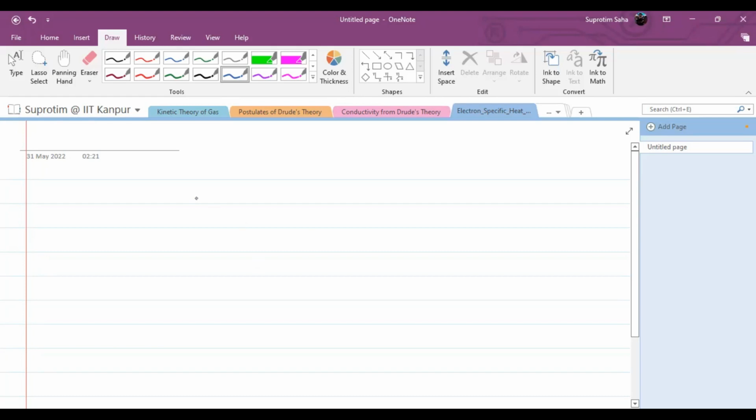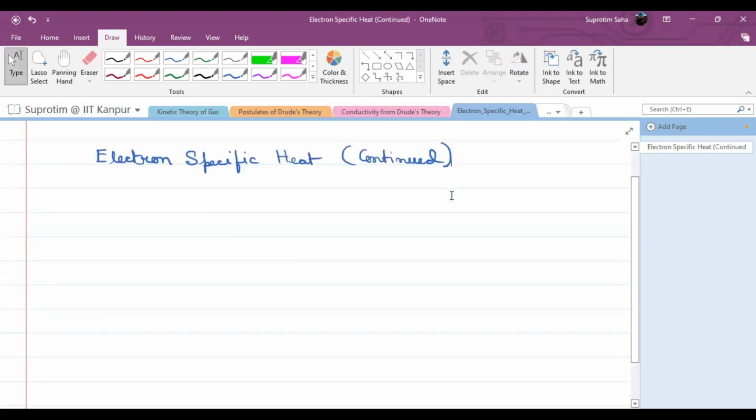So we left at the point. So we wrote electron specific heat. So we got two equations, which were